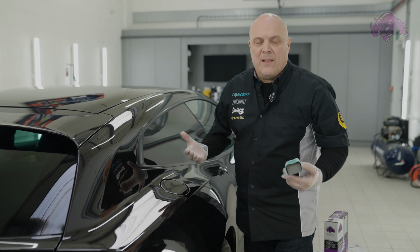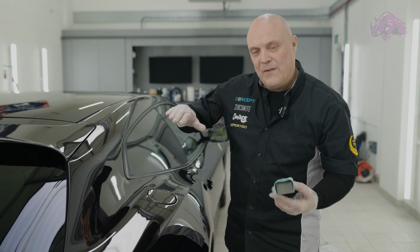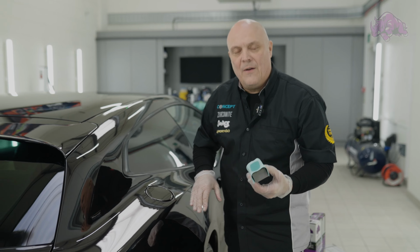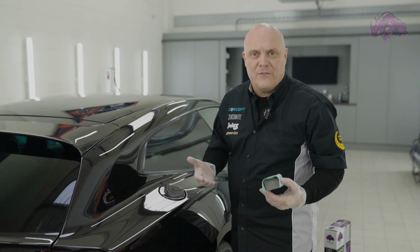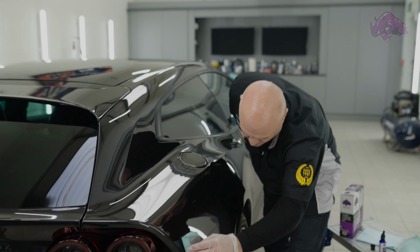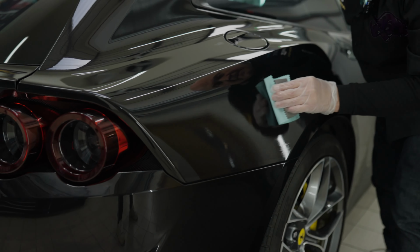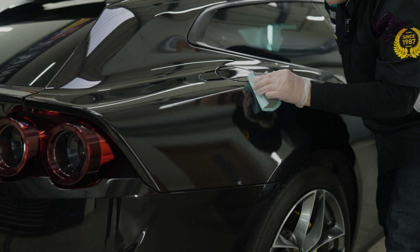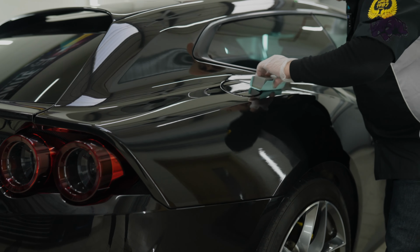When we apply the product, we're going to apply it in a cross-hatch manner. That way we fill any imperfections in the surface with product. So obviously it gives the coating the best possible chance for longevity, the durability. So we're going to put a nice even layer, and you'll notice I'm not doing a full panel. I've split the panel, psychologically,